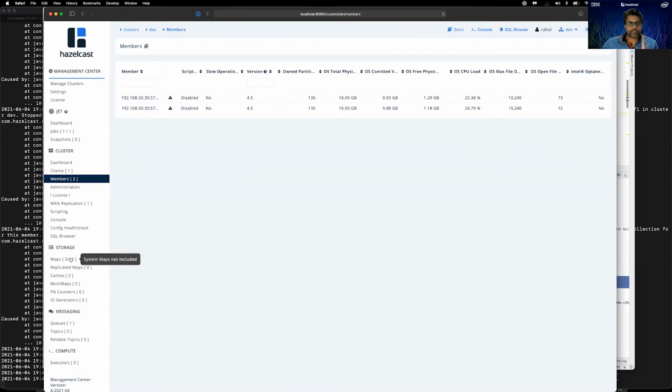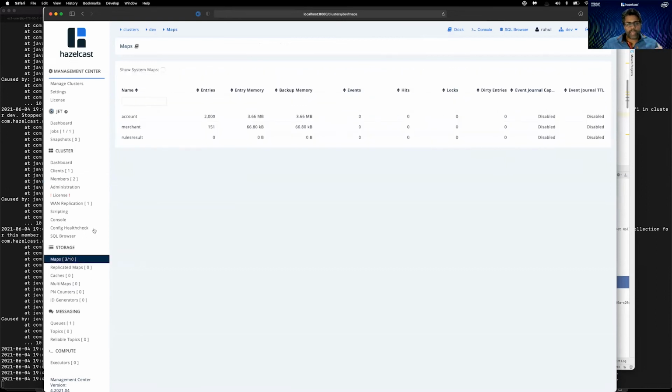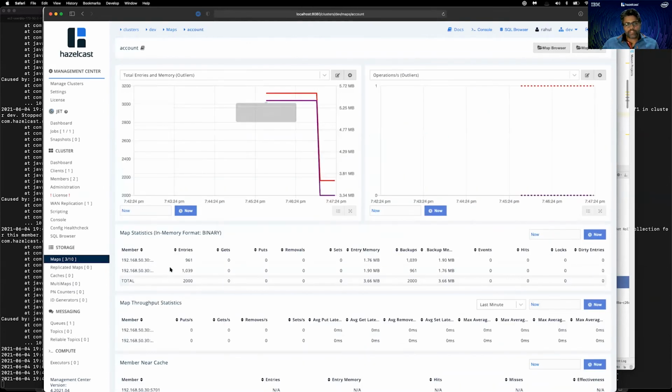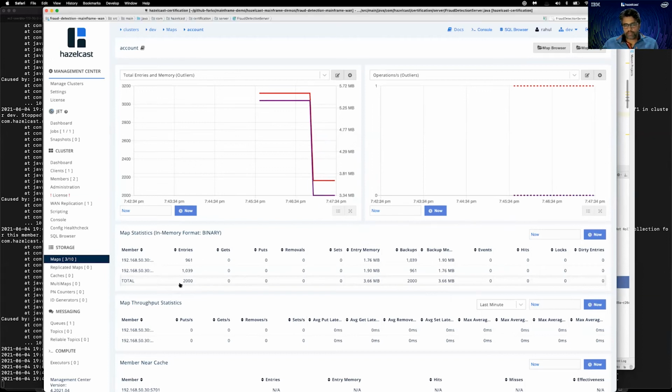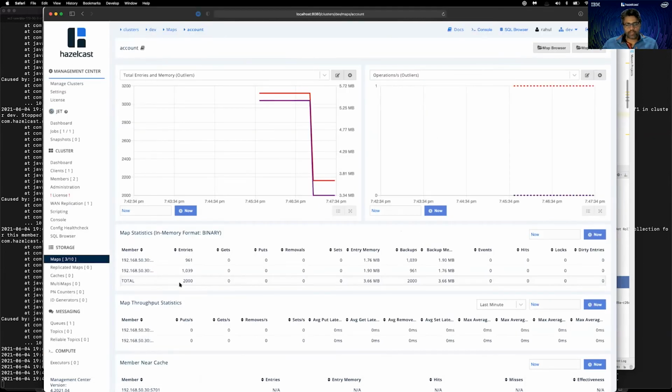And now, interestingly, if I go to maps, and if I look at account maps, then we will see the data getting distributed automatically, right? All I did was to just start one Hazelcast server from IntelliJ IDEA, and that's it. As soon as the node joined the cluster, all this distribution happens behind the scenes automatically. And with this, since I had more nodes in the cluster, now I have backups. So the data, now I've created the backups, and backups are also distributed.